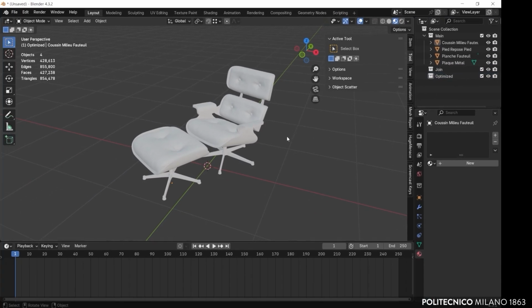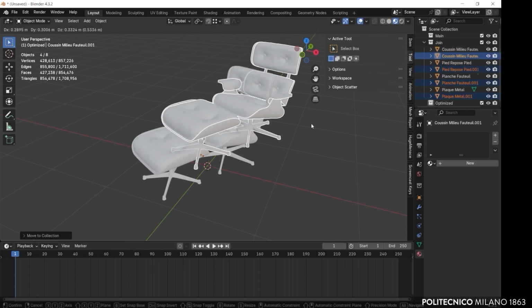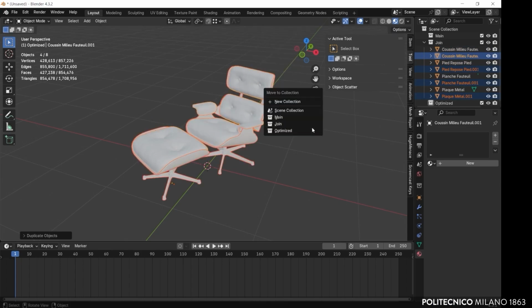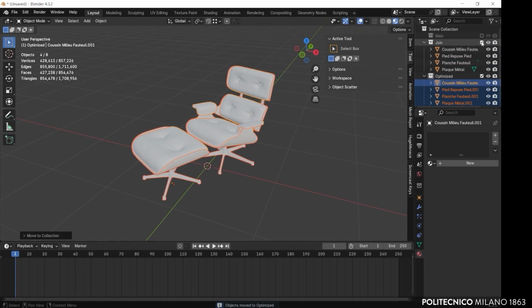Select all meshes by pressing A, then duplicate them using Shift+D and press ESC to maintain their position. Move the duplicates to the Optimized collection by pressing M and selecting the appropriate collection. Next, hide the original models by toggling the visibility in the collection panel.